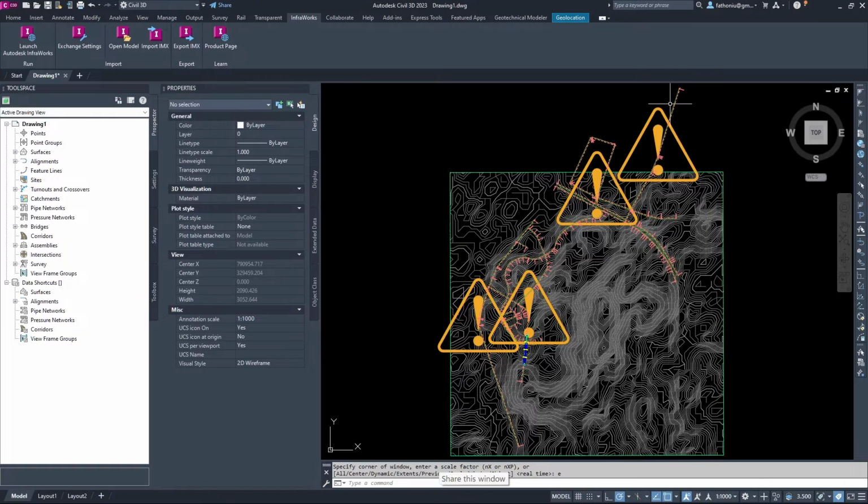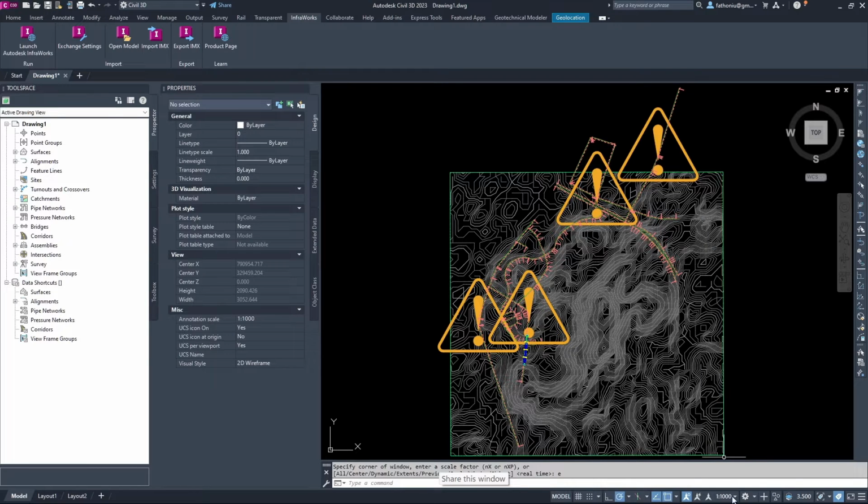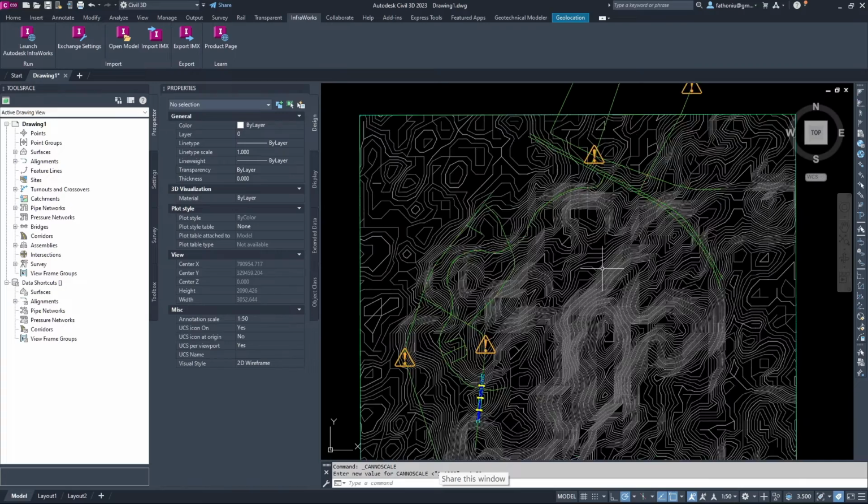So then for the annotation here, it's too big, so we can reduce the size, make it smaller by clicking the bottom here. We have the annotation scale. Let me set it to 150 like that.